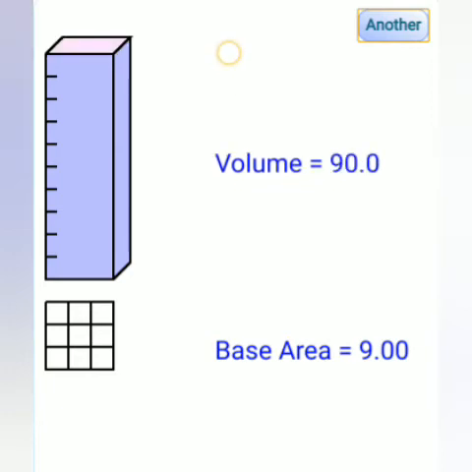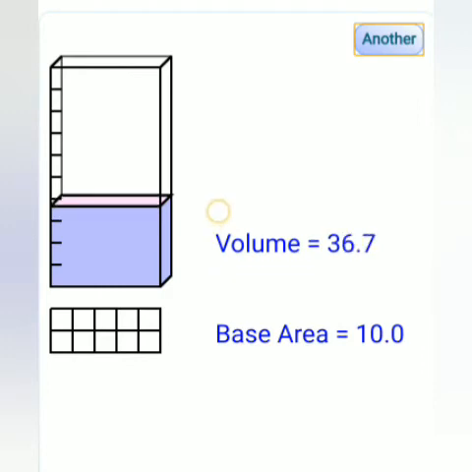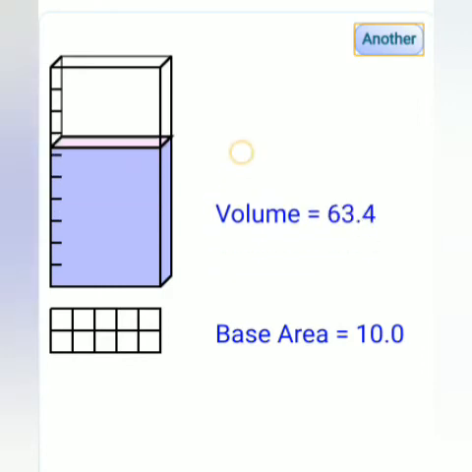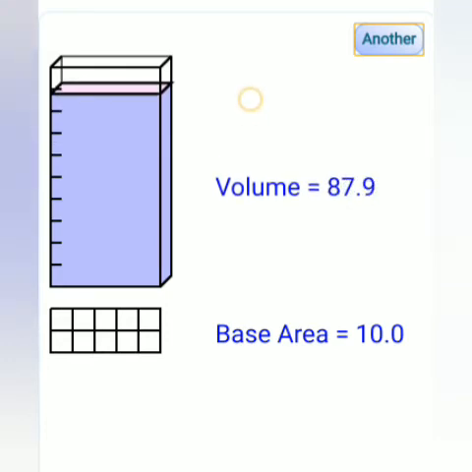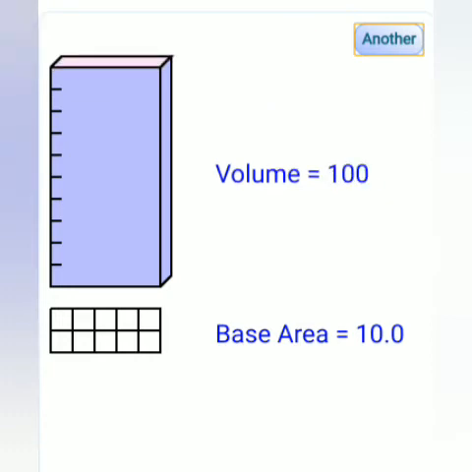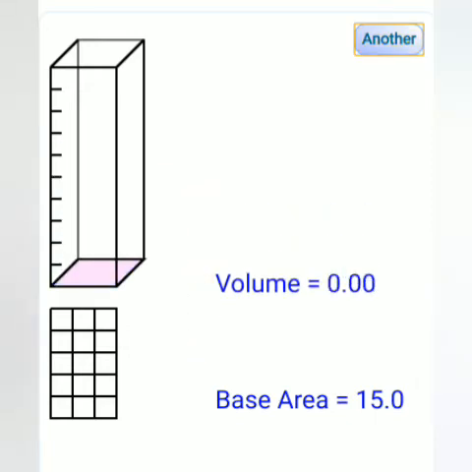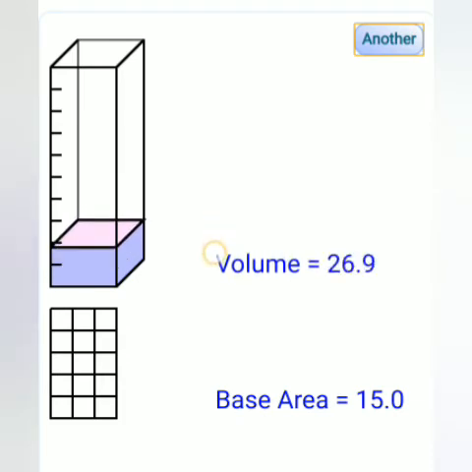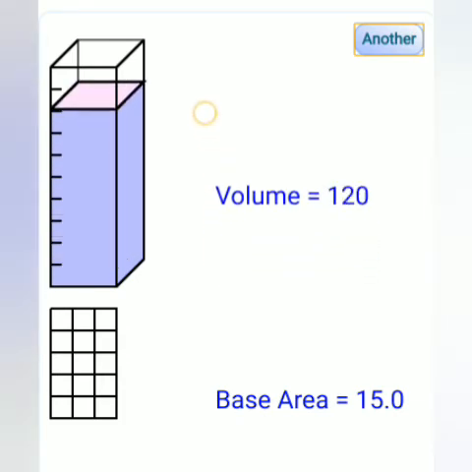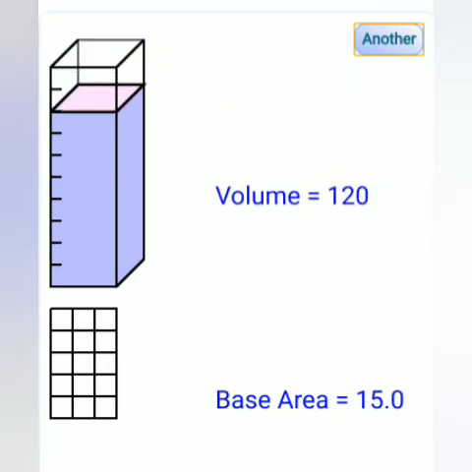Here again I am explaining with the change. You see there are 10 blocks. When the height is up to 3, the base area 10 into 3 is 30. Now when I take it to 6, the volume becomes 60. The base area 10, that is length into breadth, multiplied by height 6, becomes 60. If multiplied by 10, it becomes 100. Now the base area has changed to 15. So when you increase the height to the full height 10, 15 into 10 is 150. This is how the volume comes.